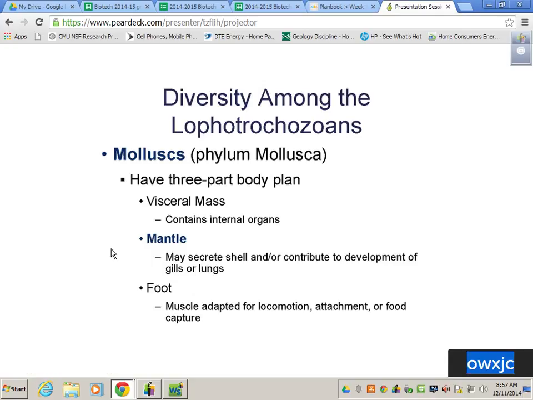Now, of course, we have mollusks. We understand mollusks. We're in Michigan. We're in freshwater environments. They have a three-part body plan. The visceral mass contains the internal organs. The mantle may secrete a shell and or contribute to the development of gills or lungs. And it has a foot. This muscle is adapted for locomotion, attachment, or to capture food. Kind of weird to think about a snail having a foot, but